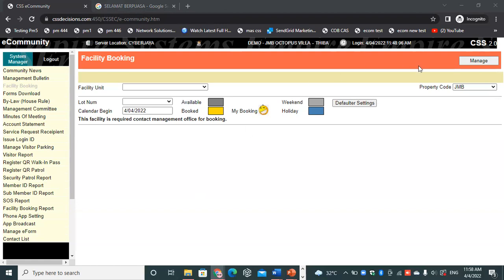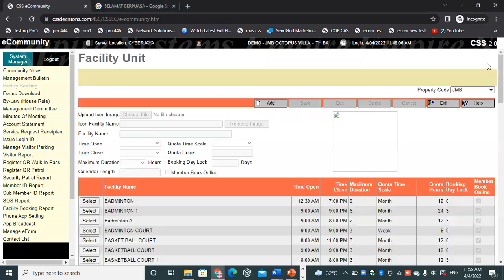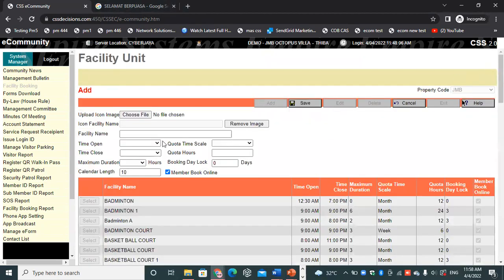If you want to create the facilities, you just go to manage. If you have any images of your facilities, you can add them here. If you don't have, it's okay, no problem. Then you can choose your